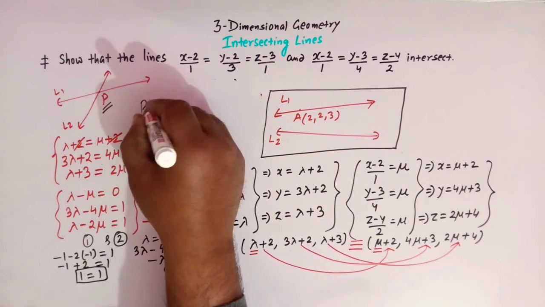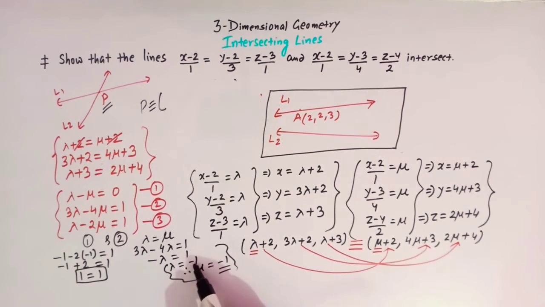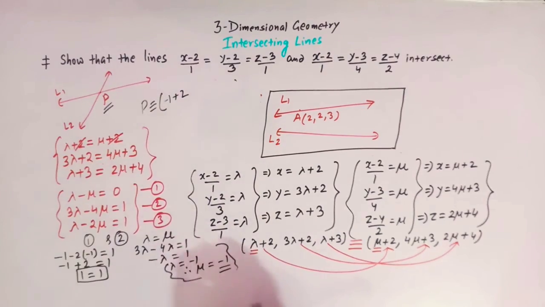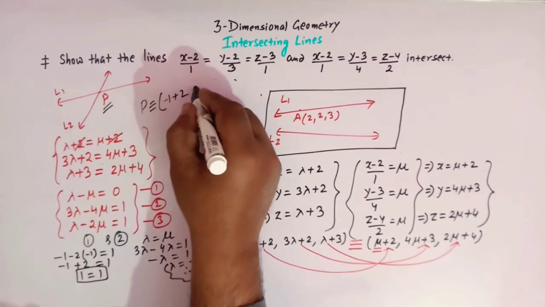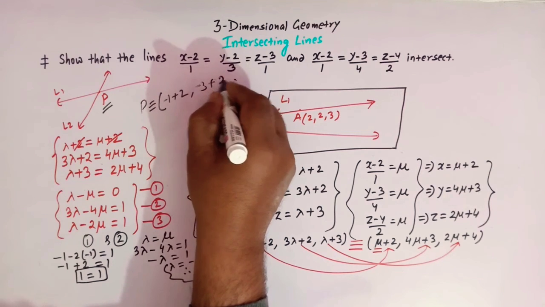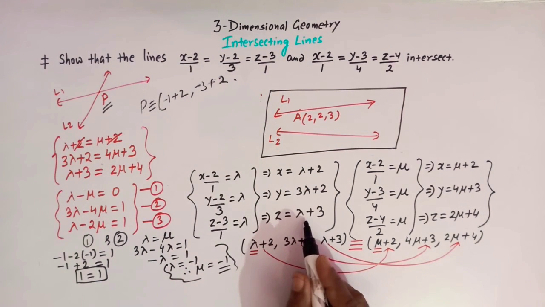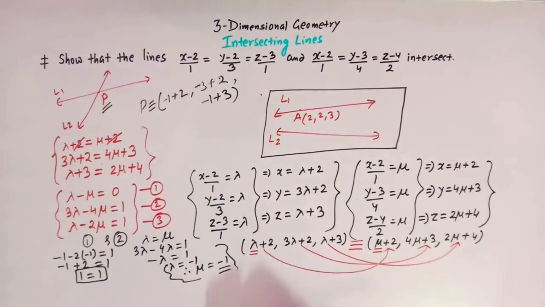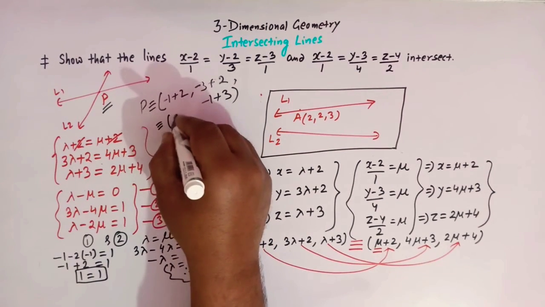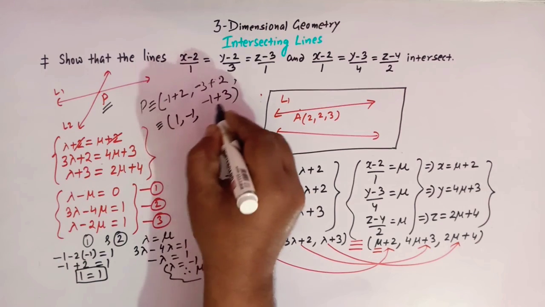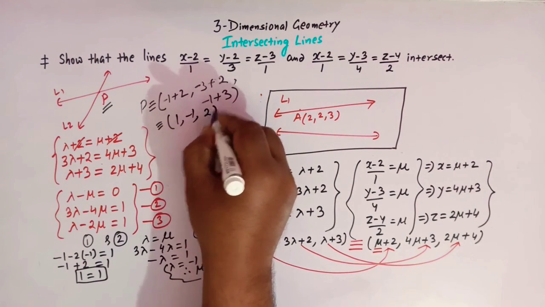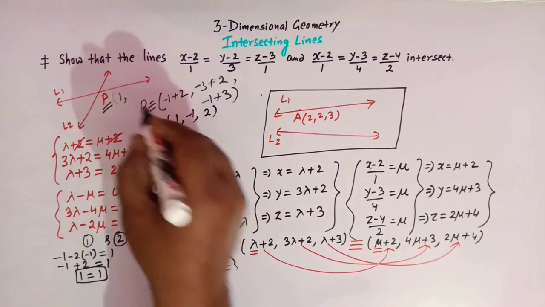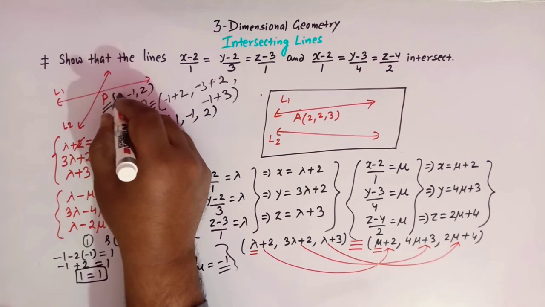So P is now equal to, here we'll take lambda equal to -1, so 2 minus 1 is 1, -3 plus 2 is -1, and -1 plus 3 is 2, right? So 2 minus 1 is 1, 2 minus 3 is -1, and 3 minus 1 is 2. So (1, -1, 2) is the point of intersection of these two lines,